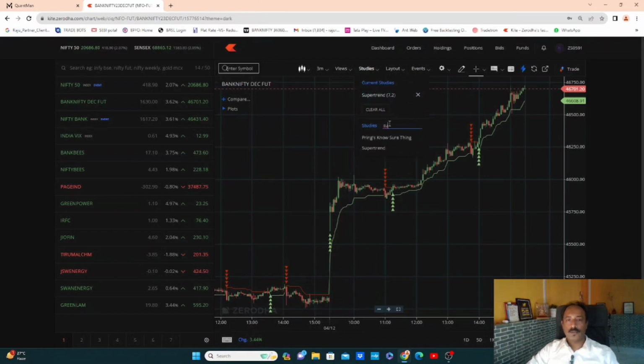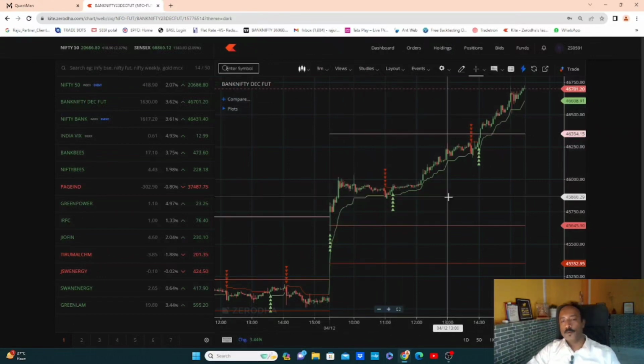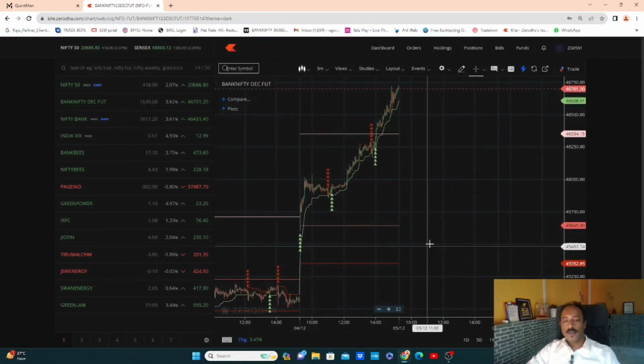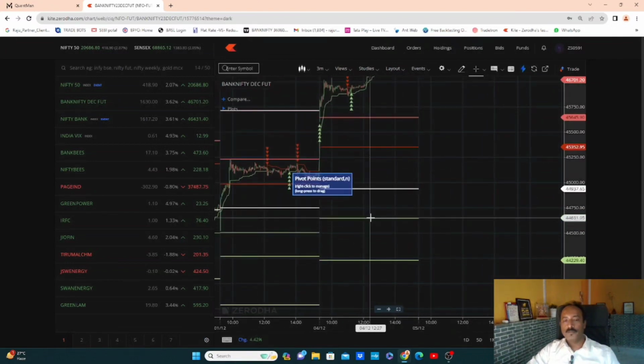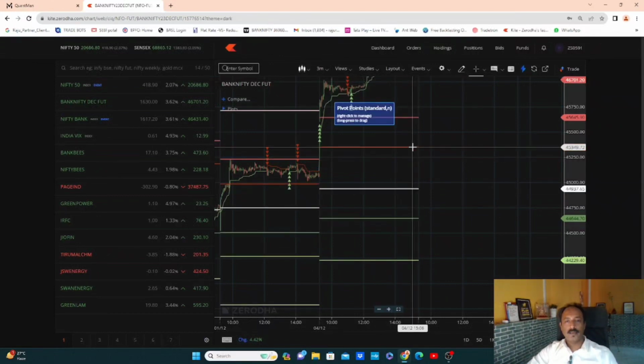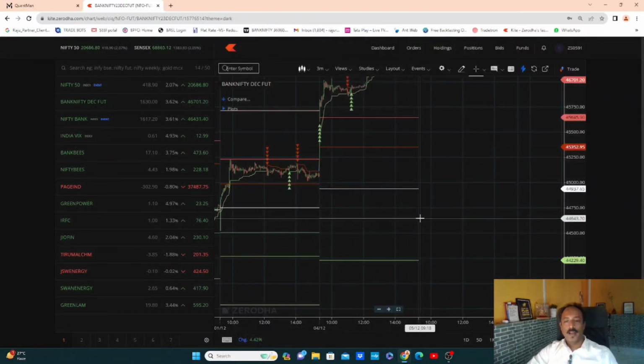So as it is a Super Trend, you can add the pivot points as well, right? If you add the pivot points, all the pivot points will be added here. Pivot points will have R1, R2, R3, and the pivot level, and S1, S2, S3, S4, S5, S6 with different levels. So mainly this is the pivot point. The pivot point is the blue line, and you can consider these as R1, R2, and support 1, support 2.